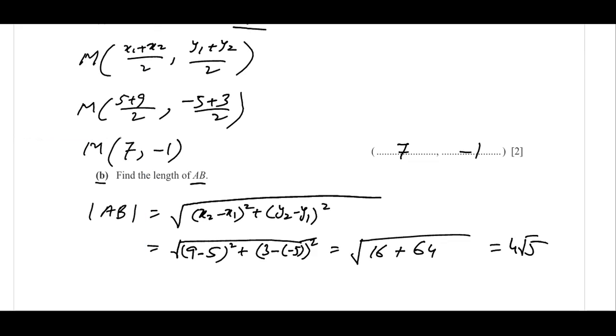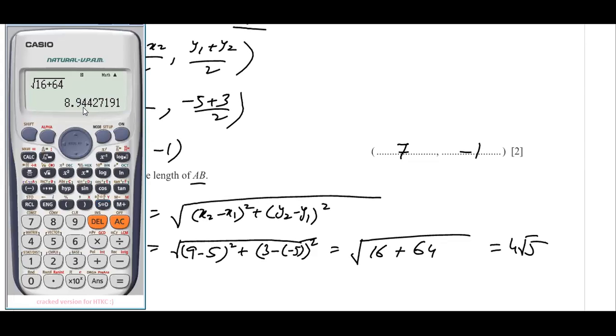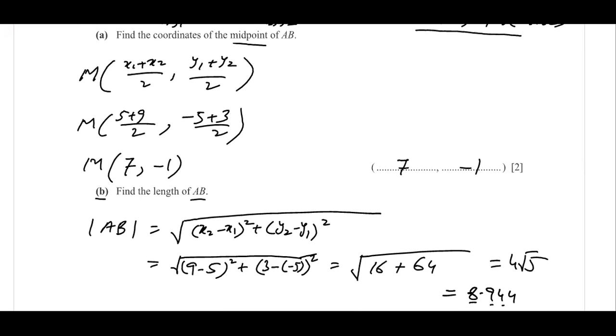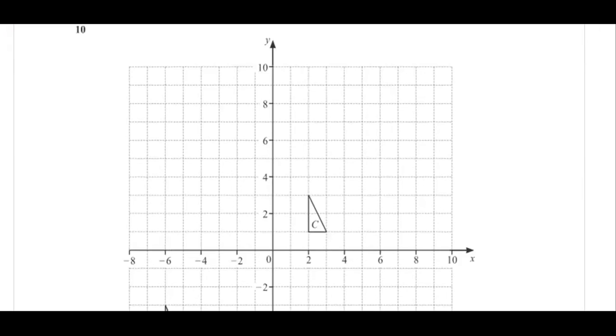Also you can write it in decimal, it is your choice, there is no restriction on that. It's better to write the final answer in decimal, so you can convert it into decimal as well. It is 8.944. So what you should do is round to 3 significant figures, 1, 2, 3, so leave that. So 8.94 is the final answer. Very easy if you remember the midpoint formula and the distance formula. Again, many such questions are available in our coordinate geometry video.